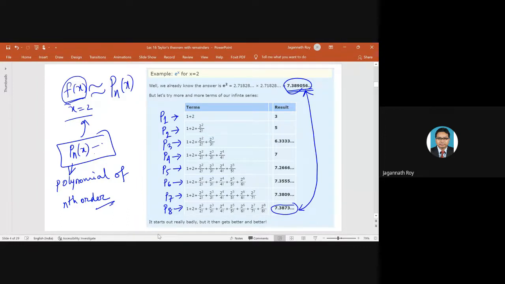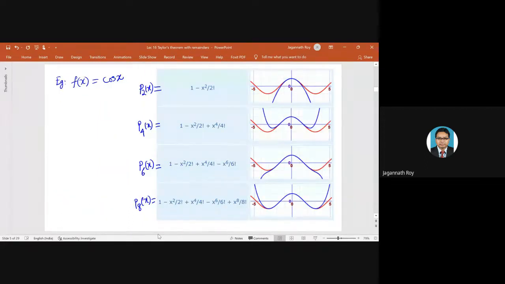Instead of this, if you write this polynomial, what would it be? So this polynomial will be an 8th order polynomial. So 1 plus x plus x square by 2 factorial plus x cube by 3 factorial and so on. Now, if we have a different function f(x),